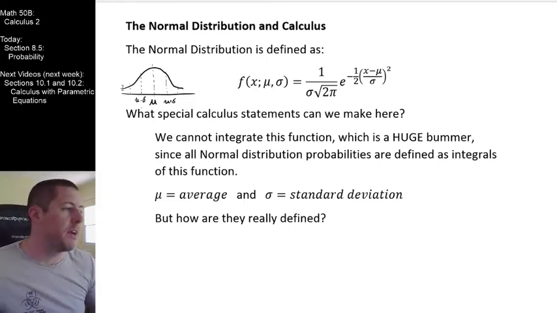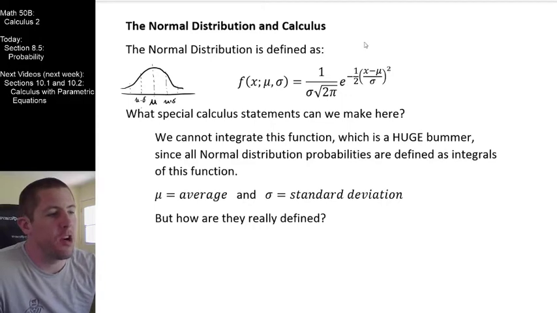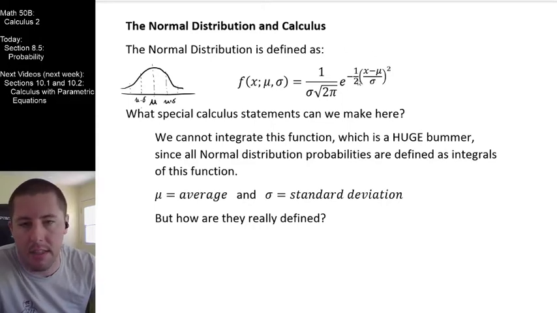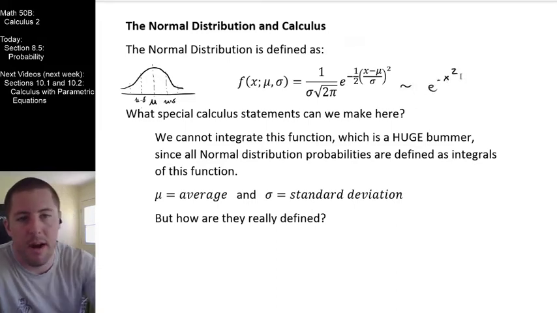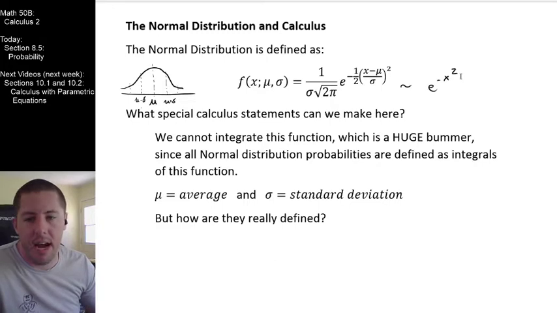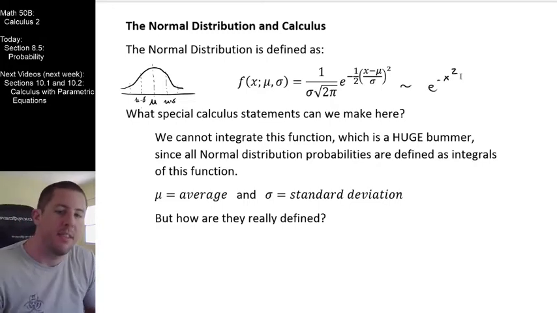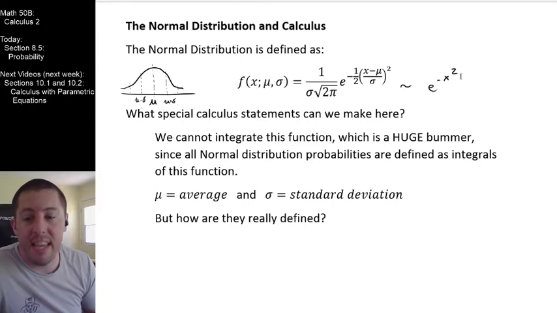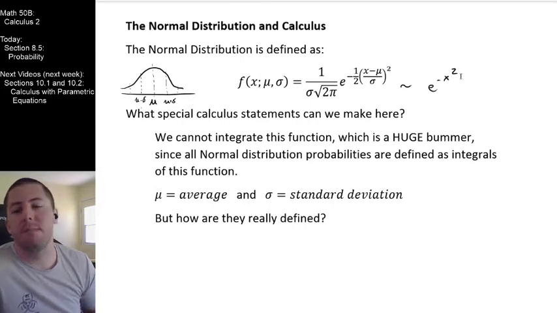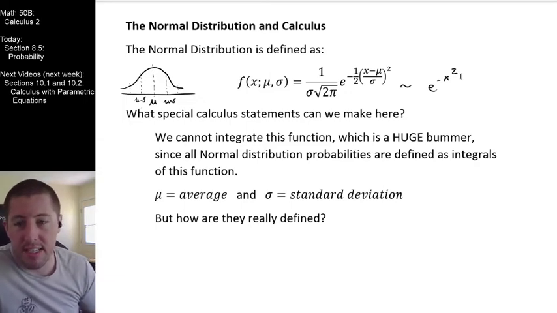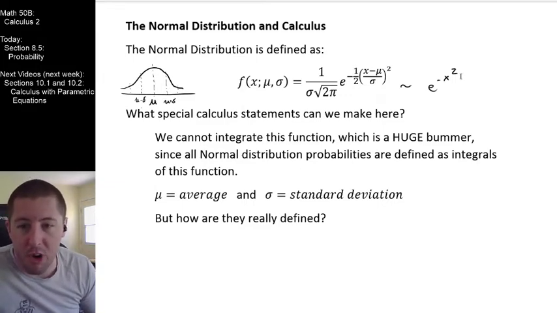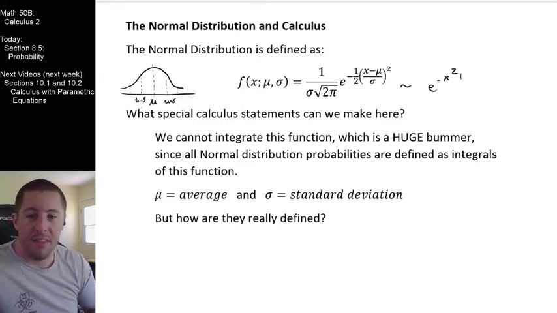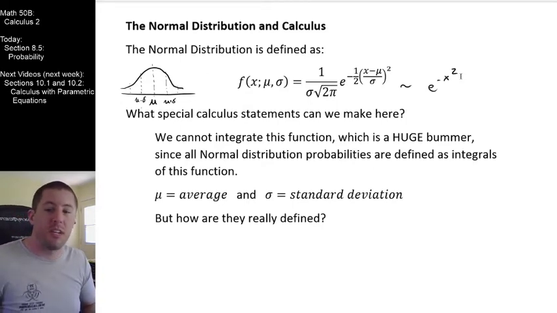Well, huge bummer here. Strip away all the constants that don't matter to you, all the constants that don't affect my integration, and what you can see is that this equation is basically e to the negative x squared. That's the meat of this, and we cannot integrate that. There is no antiderivative for e to the negative x squared. So the hugest bummer in all of probability and statistics is that the most commonly used and studied probability distribution, the normal distribution, the thing that the central limit theorem says all sampling distributions are going to converge towards.